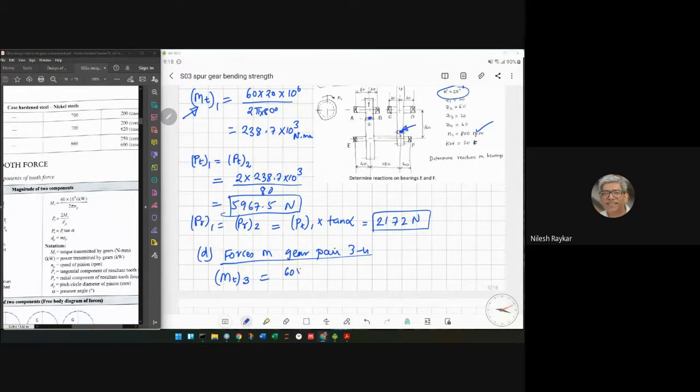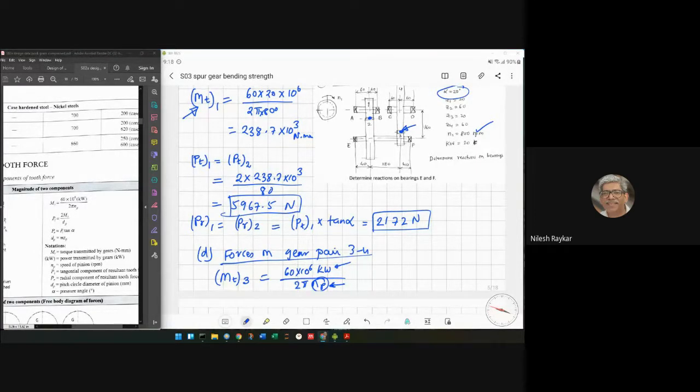So you have 16 × 10^6 × kilowatt divided by 2 pi N. We will take the RPM of the second shaft. So here the RPM of the second shaft we have to consider, and kilowatt. What will happen to kilowatt? Will it be the same or different? It will be the same. By conservation of energy, it will be the same if you consider the ideal situation.